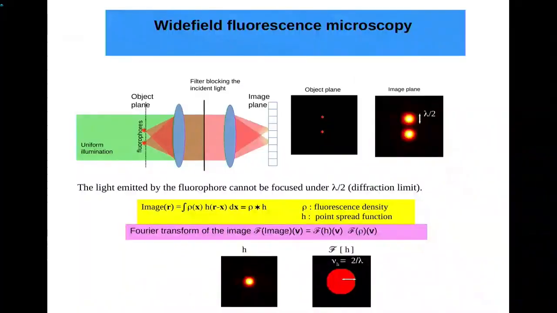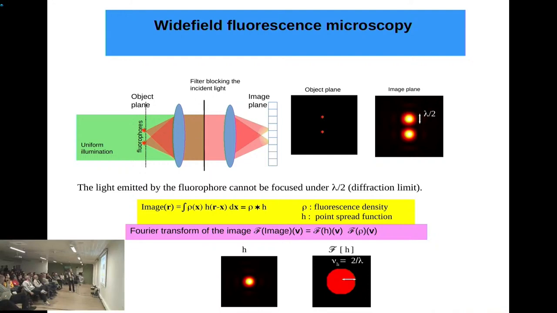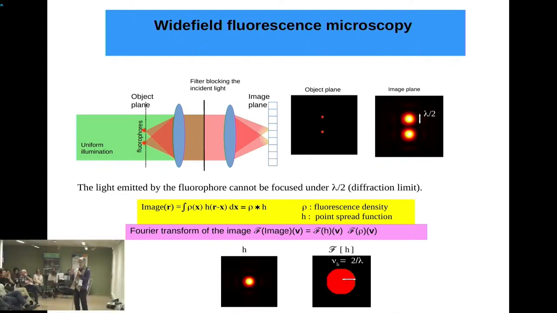And if you look now at the way you can write the intensity recorded on the image plane, what is the relationship? This is a question you should always ask yourself. What is the relationship between the image and the object that you're looking at? Usually you don't ask this question because you think it's straightforward. Actually, it's not straightforward at all. So it's very nice to know the relationship between the image and the object. And here, the relationship between the image and the object is given by this formula.